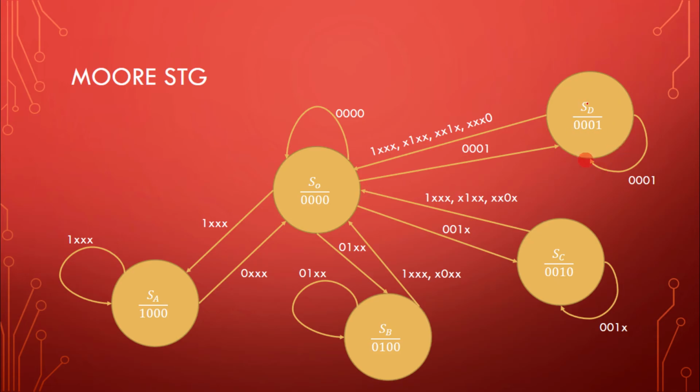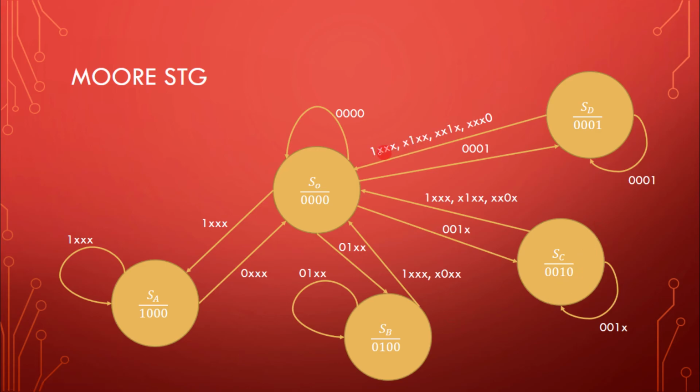Similarly, for the last device, if no other devices, device A, B and C, are requesting, and only device D wants to access the bus controller, only then the bus controller will provide an access to device D, and it will be served as long as you have this combination at the request pins. And this access of the bus to device D will remain with device D as long as all other devices do not request the bus controller.